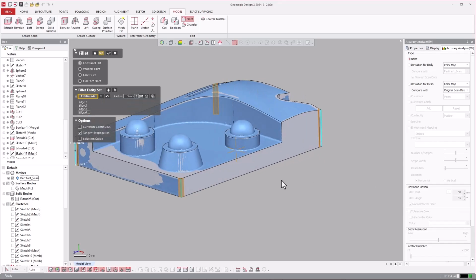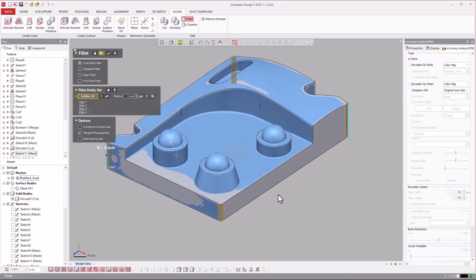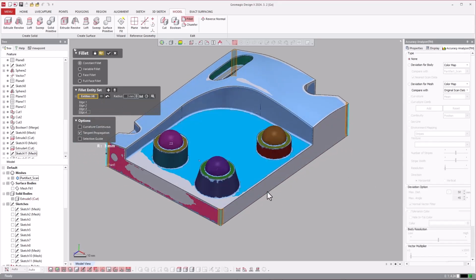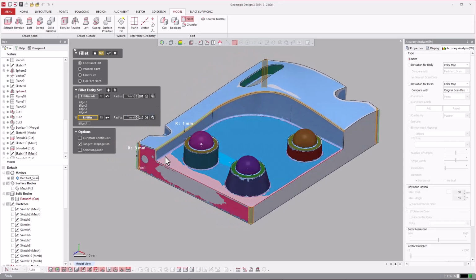And I don't have to close out of the menu to then be able to add more fillets. If I needed to do additional fillets at a different size, I can click and add a radius, and it creates a new set of fillets. So I could click on this edge and then estimate that radius, and that's more like 1. So then I can say 1 millimeter. That looks like it's meant to be 1,